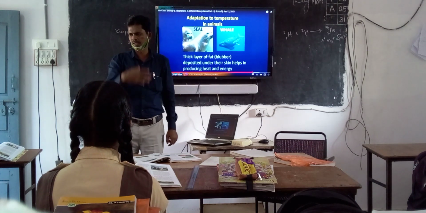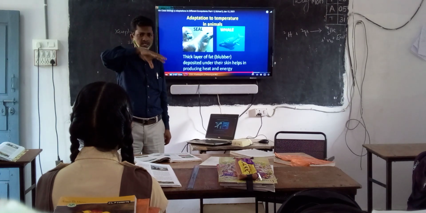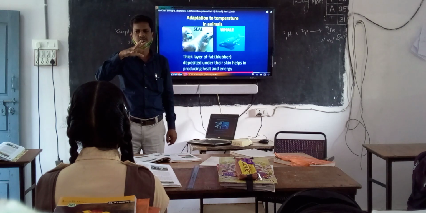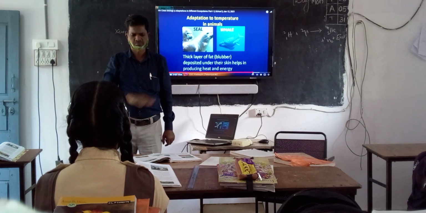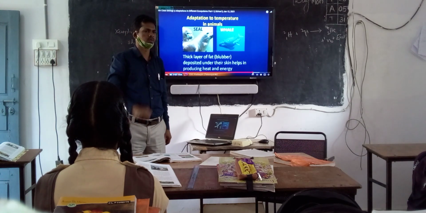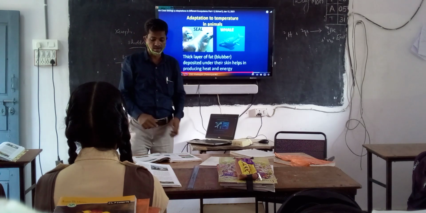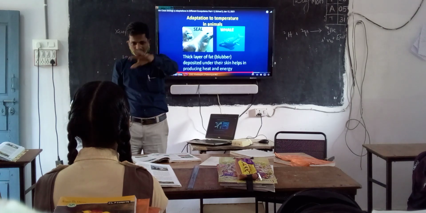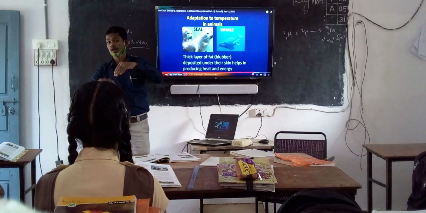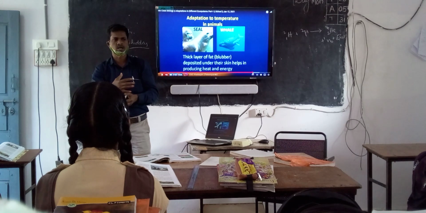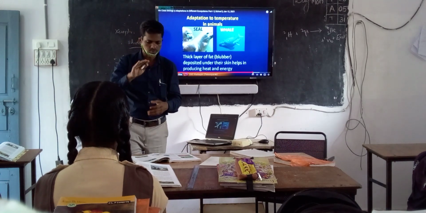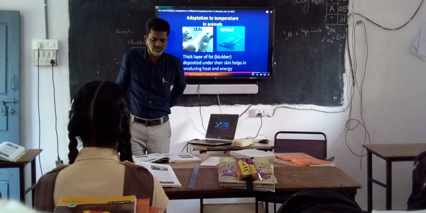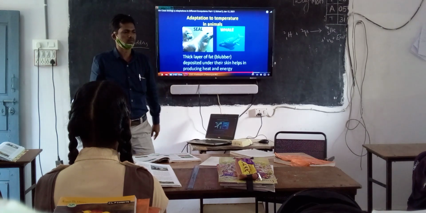Cold means, if you are in the polar region or any other area where lakes and ponds are located, the upper layer is converted to ice, frozen. What will happen? When the upper layer is converted to ice, the lower layer is not converted to ice, so it is as usual like water below the surface. Hence organisms migrate to deeper layers of the lake, which is warmer and softer.